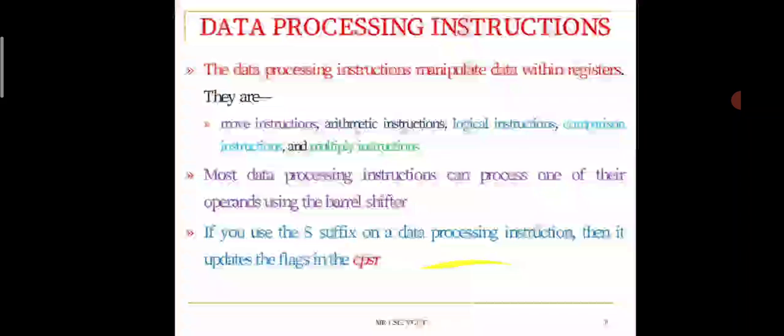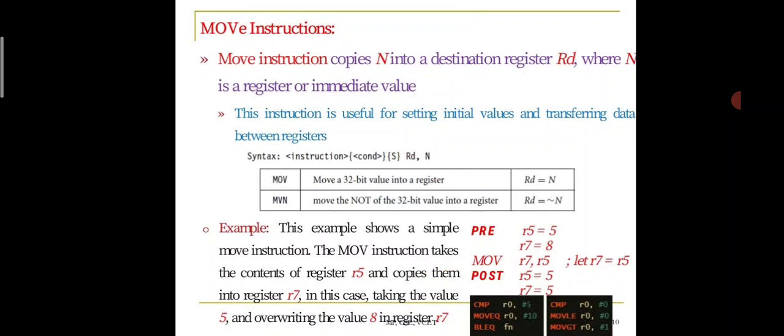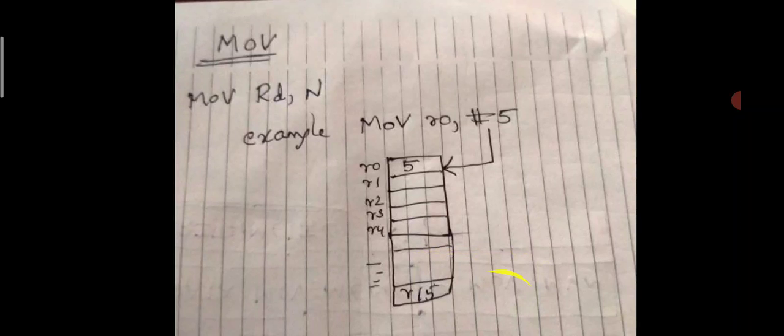Now, move also we studied, MOVS we studied. If you observe this example, MOV R0, #pi: the value pi will go and sit in R0. The register value will be pi after executing this. This data value is a part of the instruction, MOV R0, #pi, so it is called immediate addressing mode, because the value is directly stored in the instruction itself.